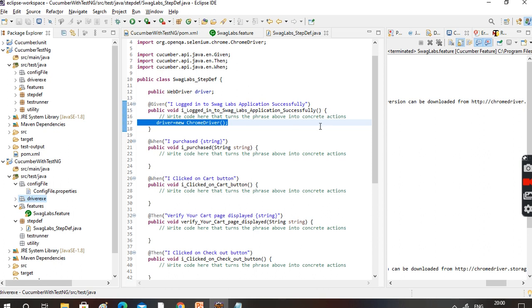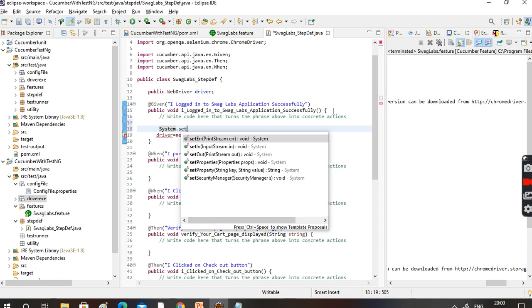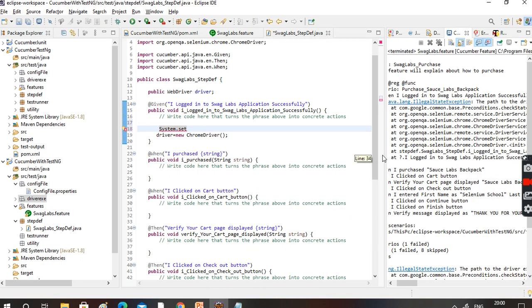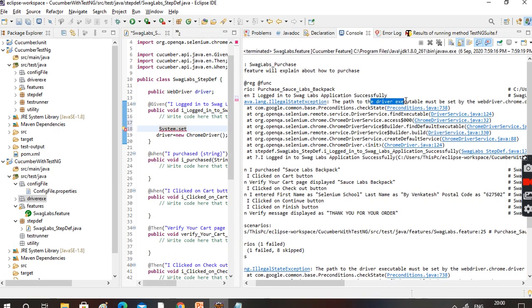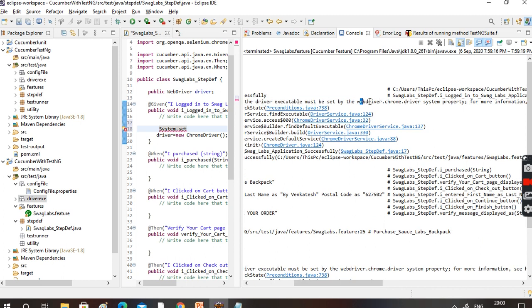No. Why? You have to set the property using System.setProperty. The error is saying, right? What is the error saying actually? The error is clearly saying this: path to the driver executable must be set. webdriver.chrome.driver.